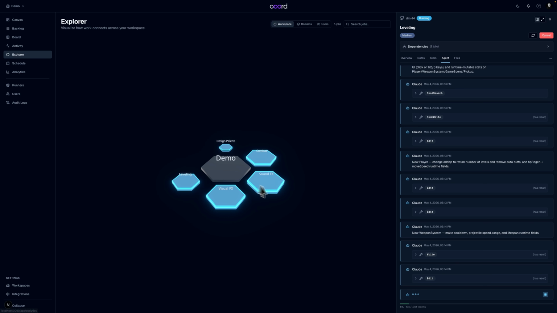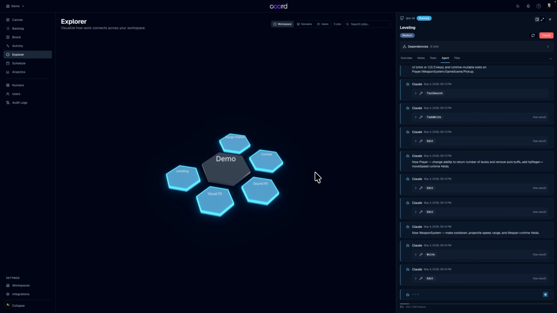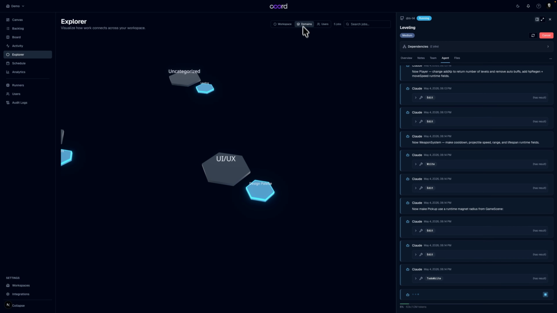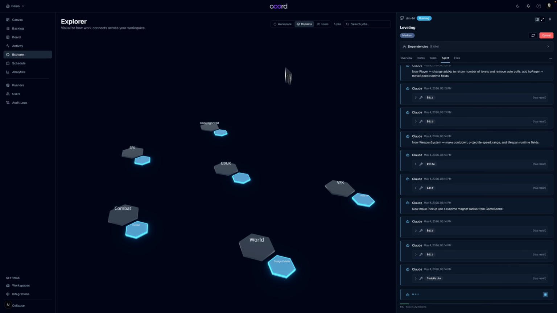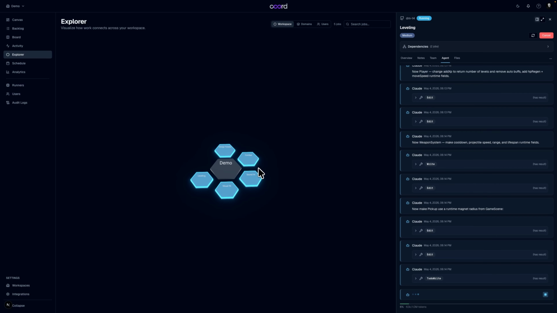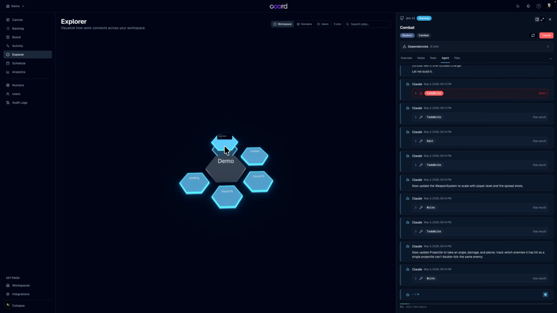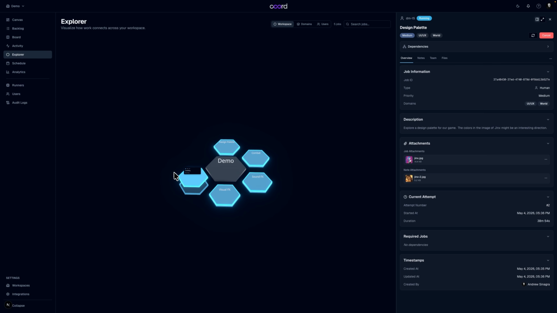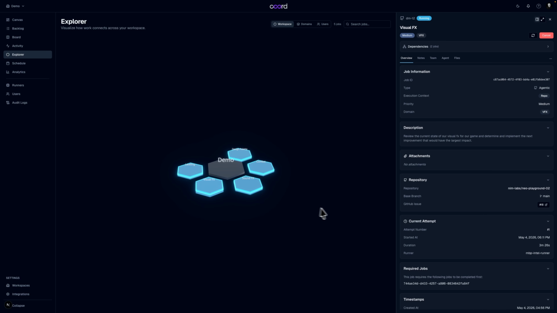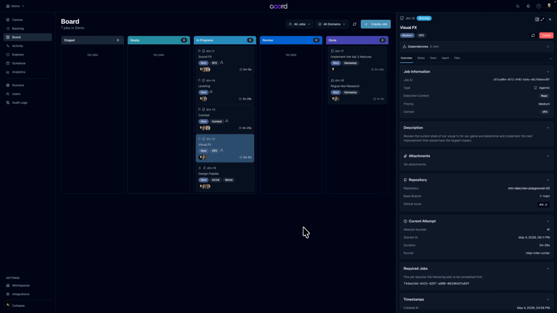Now we also have our Explorer view. Our Explorer view gives us an idea of volume of work, and we can organize this around individual domains, or we can center this around the workspace or even individual users. We can go through, and again, we can work directly on jobs in this view, and we can select our jobs as needed. Let's go ahead and move back to our board view, and we'll see our updates as they